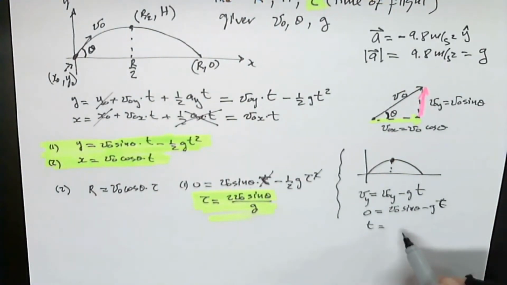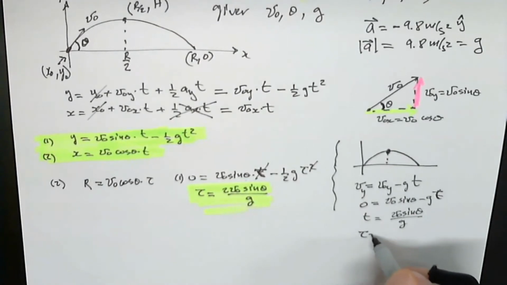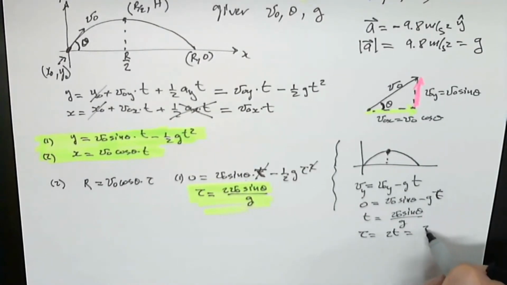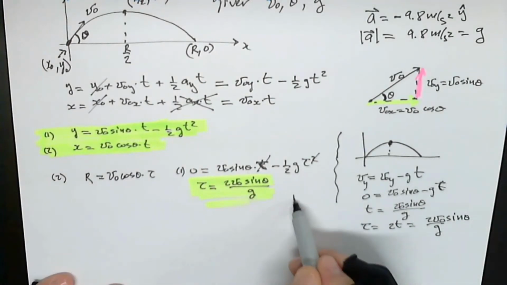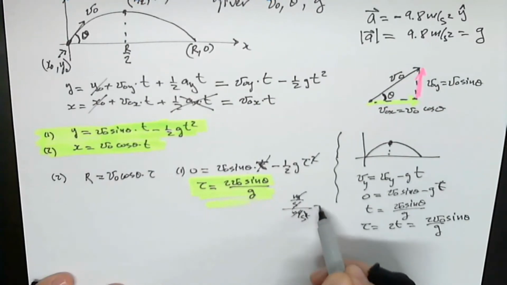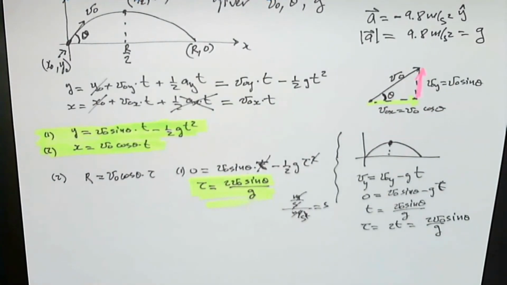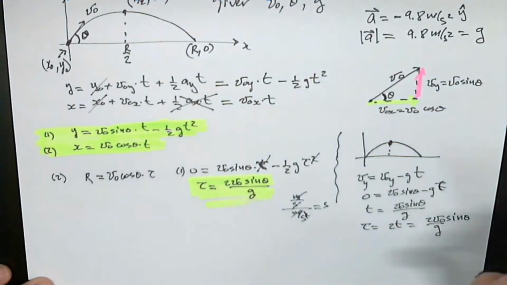So that time is v naught sine of the angle over g, and twice that is tau. And you get exactly the same equation. You could also check that v naught is meters per second over meters per second squared, which gives you seconds. All right, so if we now substitute tau into this equation for r,